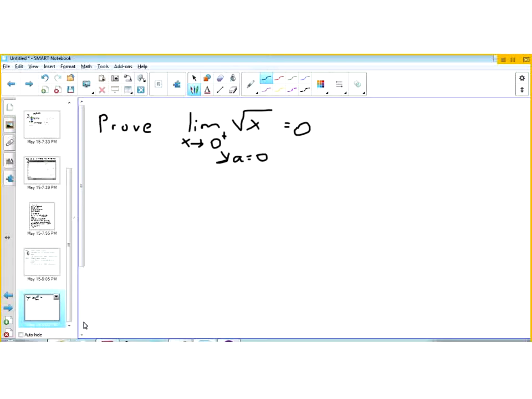I'll refer you back to the definition on the previous slide. All I'm going to do is plug the values for f of x and a into that definition. So if x is between 0 and delta, then